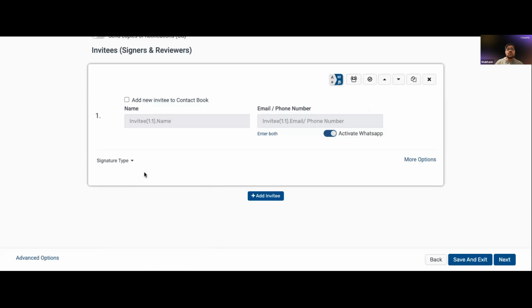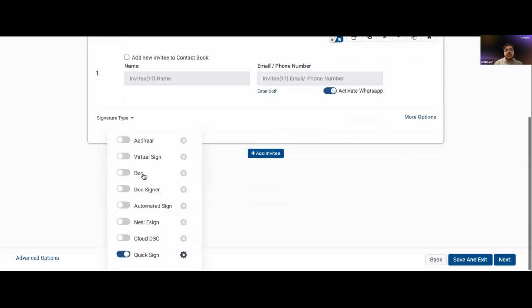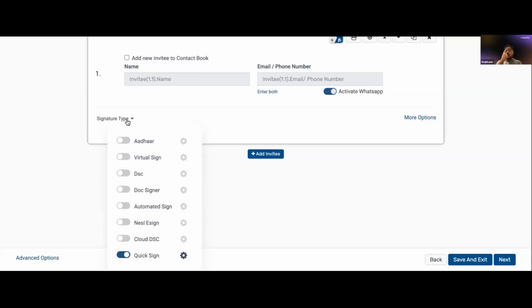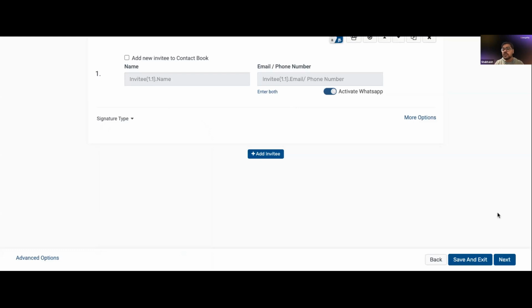So we give you a bunch of security options this way. Then let's say you don't want to do two-step quick sign. We offer you a bunch of other types of e-signs that you can choose from. A lot of these might be too intensive for a KFS, so that's why we think quick sign is the most suitable one for the KFS use case. But let's say if you want to club your KFS with a sanction letter or loan agreement and want something like, let's say, virtual sign or other, feel free to do that. Depends totally on how you want to go about it.